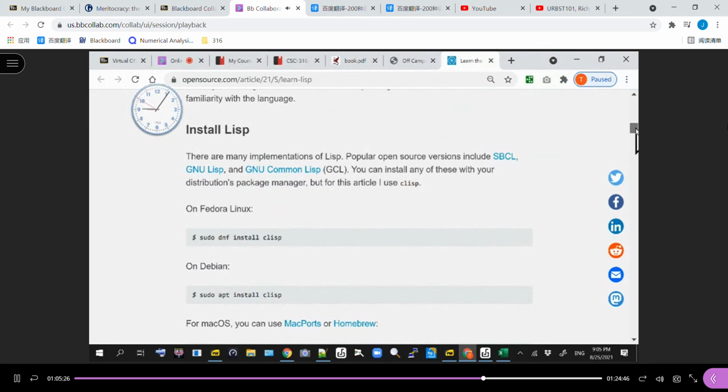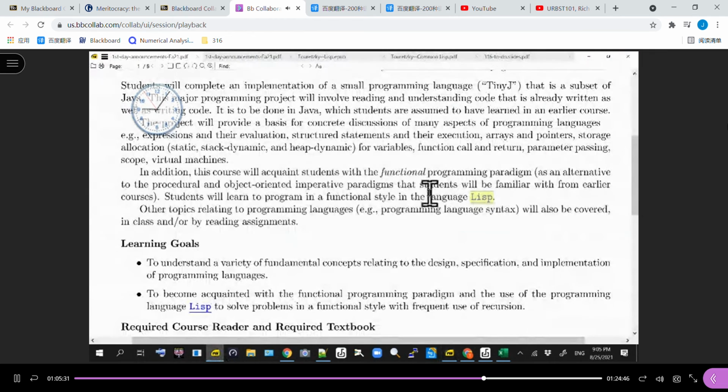In fact, let me just warn you that in this course, we are going to be using Lisp for functional programming. All right, so I'm going to be giving an introduction to functional programming, and we're going to use Lisp as our language for functional programming. So we're not really going to spend any significant amount of time talking about aspects of Lisp that are not used in functional programming. And what's more, if you use features of Lisp that are not consistent with functional programming, you will lose points